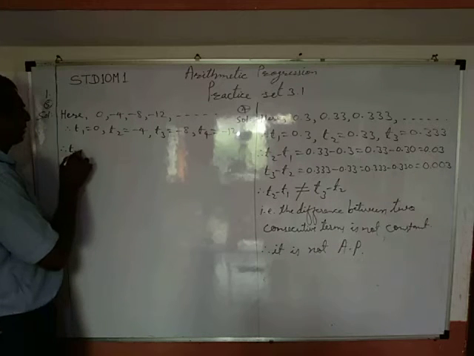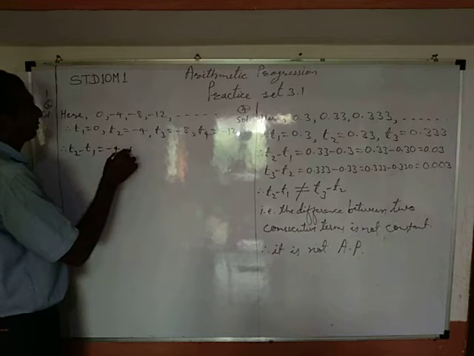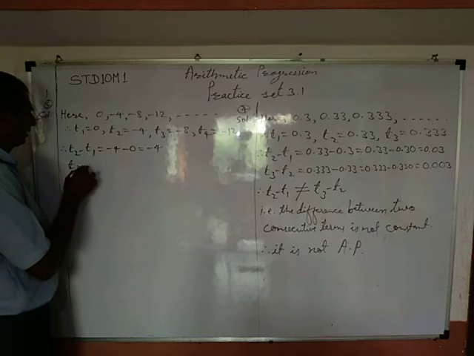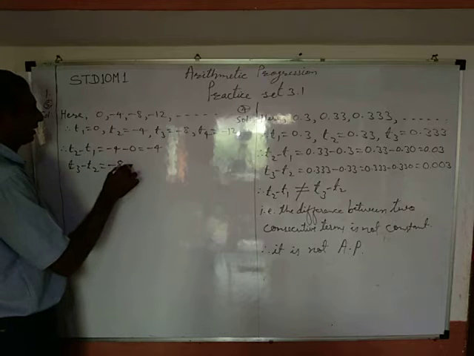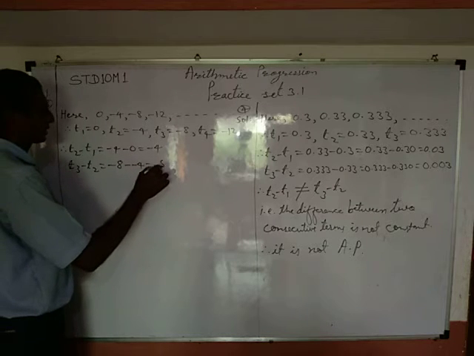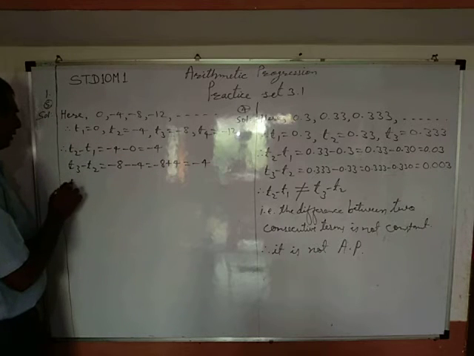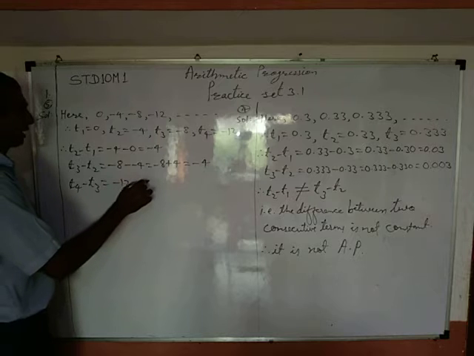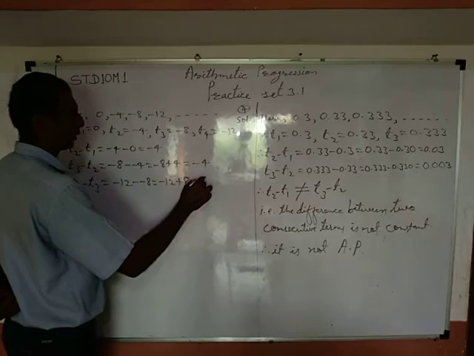Therefore, T2 minus T1 equals -4 minus 0 equals -4. T3 minus T2 equals -8 minus -4 equals -8 plus 4 equals -4. T4 minus T3 equals -12 minus -8 equals -12 plus 8 equals